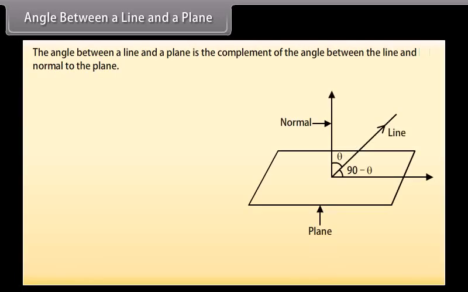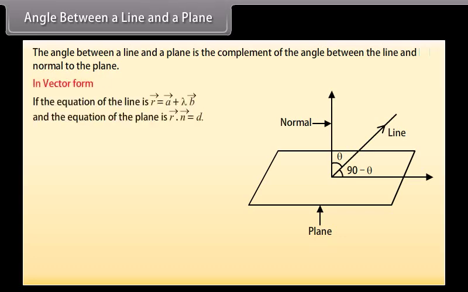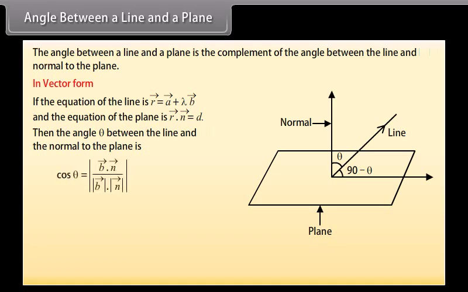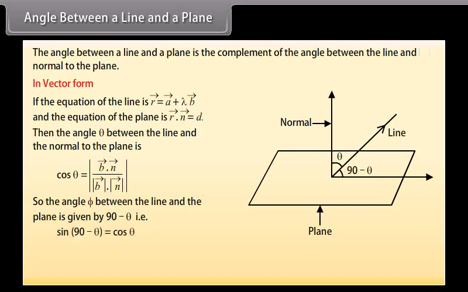Angle between a line and a plane. The angle between a line and a plane is the complement of the angle between the line and normal to the plane. In vector form, if the equation of the line is vector r equals vector a plus lambda vector b, and the equation of the plane is dot product of vector r and vector n equals d, then the angle theta between the line and the normal to the plane is cos theta. So the angle phi between the line and the plane is given by 90 minus theta, that is, sine of 90 minus theta equals cos theta, and